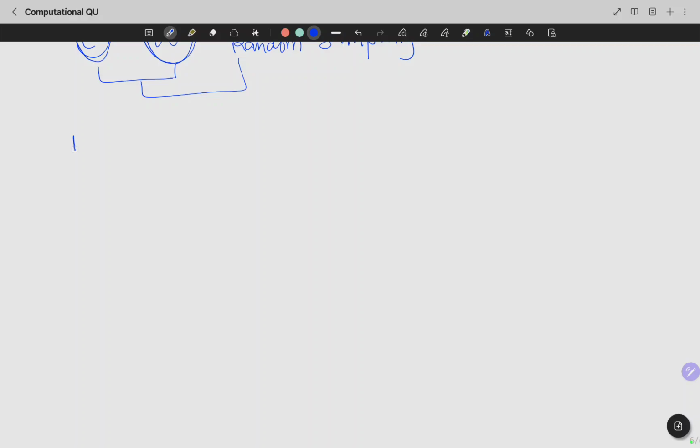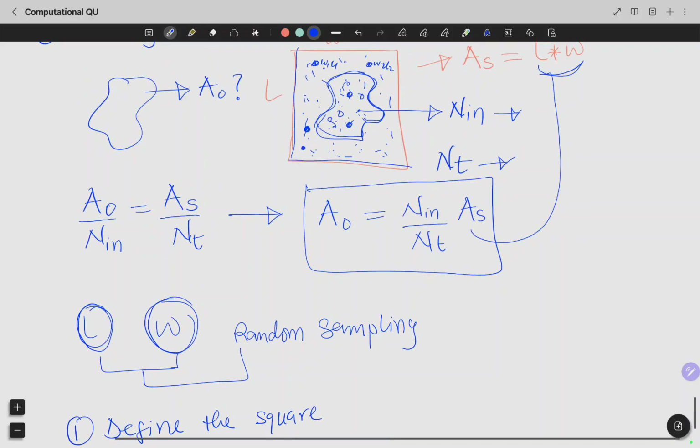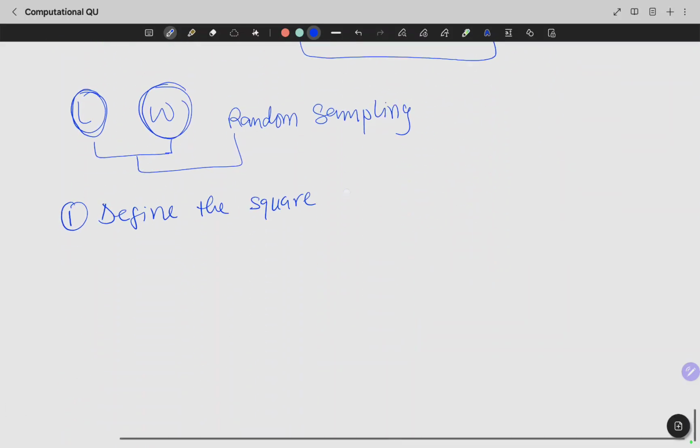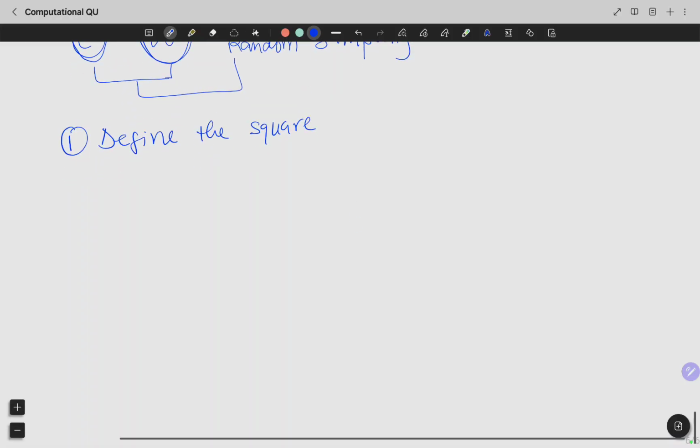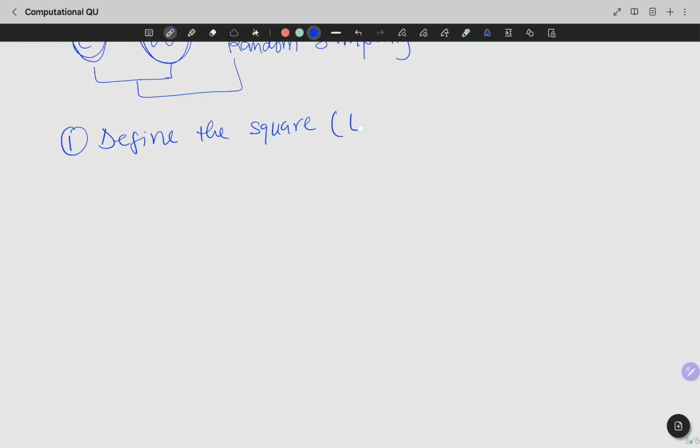First, the algorithm now. Number 1, define the square if you want it to be a square. Define the square, not randomly, because first you will define the length and the width. Then